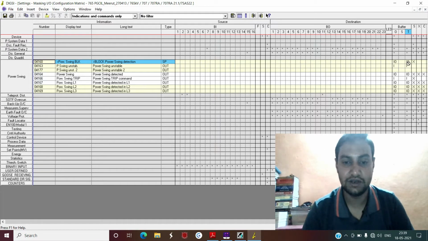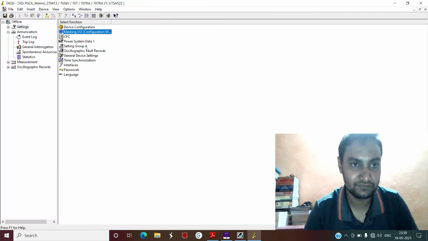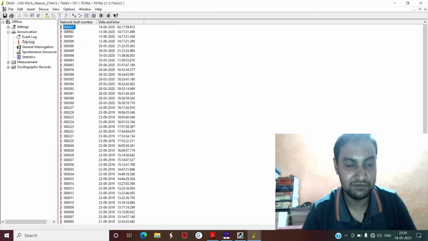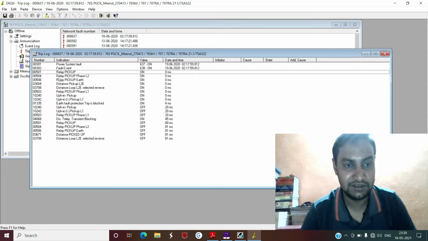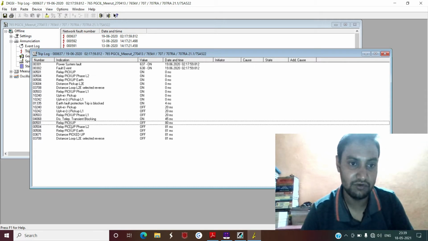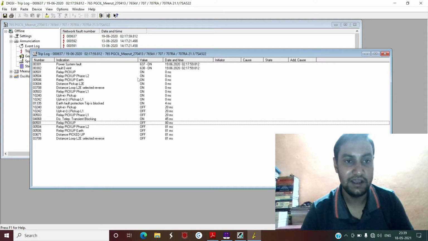So that's why in the last trip log, if you see, this signal relay pickup, you have when this is on or when this gets high. At the same time, the signal is available to you when this gets off or when it gets low. So that means this signal must have been configured as IO.